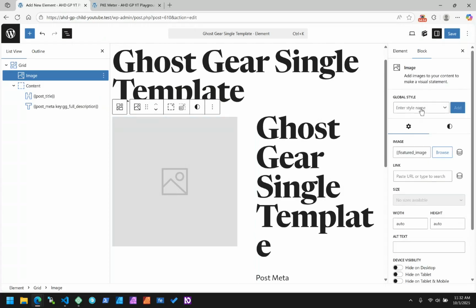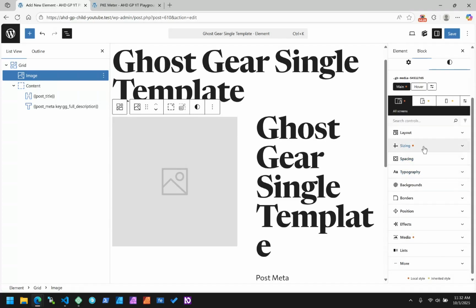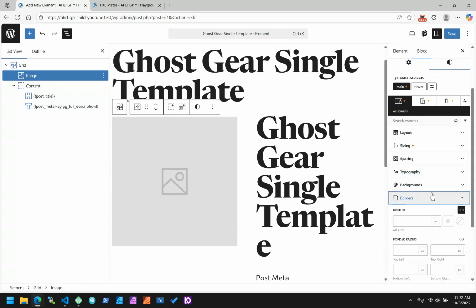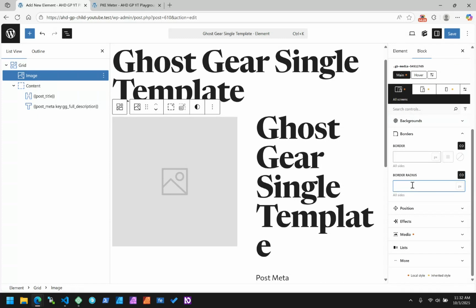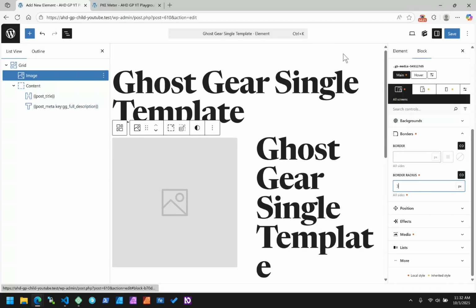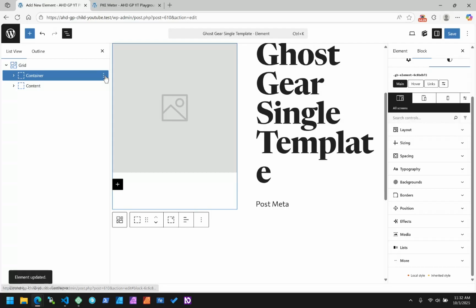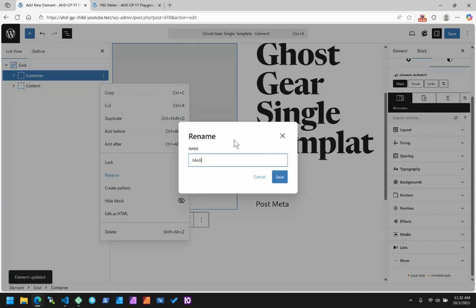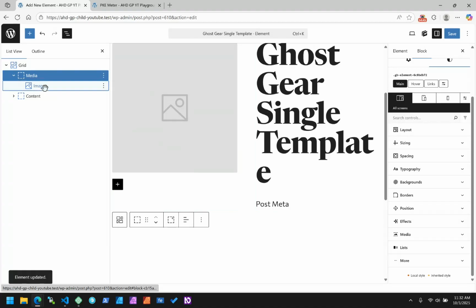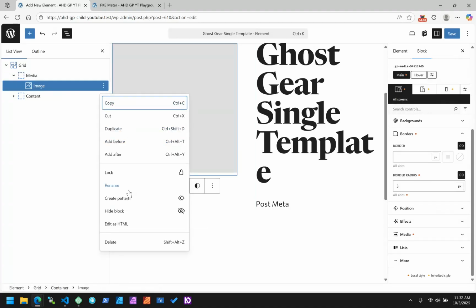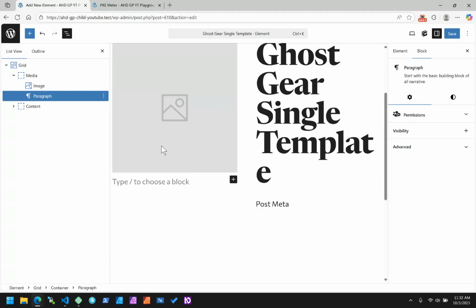So I'm going to add my, I didn't see if the alt worked. I thought it did. Where's my borders? Let's do my little 3-pixel thingy. And we need to include, let's add a wrapper around that as well. And let's call this media, because after the image, we're going to add an optional block for our